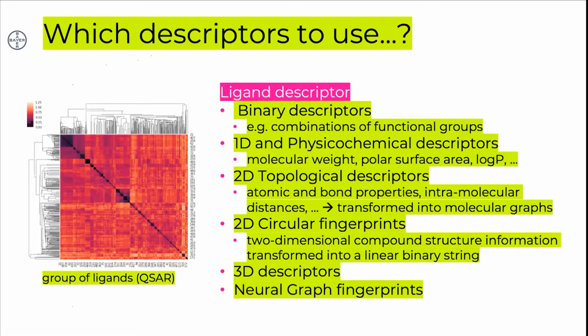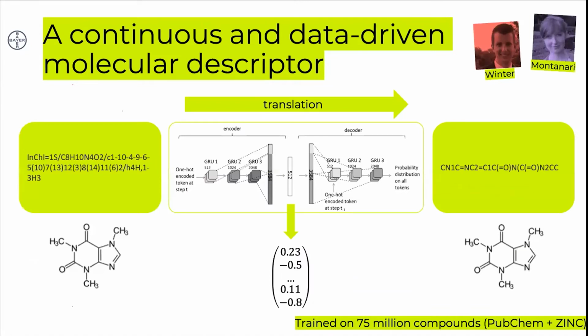But then I think it was 2014 or 15, I can't recall right now, I think it was 2014, when Duvenaud presented their neural graph fingerprints. This was really a breakthrough, and suddenly we thought, if you can do so much better prediction by just changing the descriptor by using a graph convolutional neural network, then there is maybe much more to win. Therefore we focused in our first part on developing a new descriptor. You can see what we have developed; it's a little bit borrowed from the concept that has been developed by Gómez-Bombarelli.